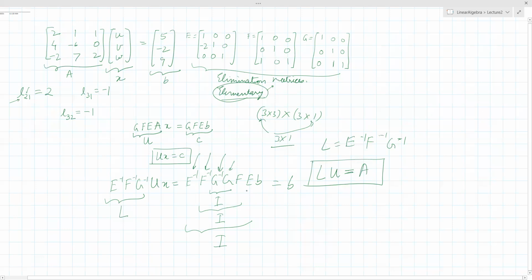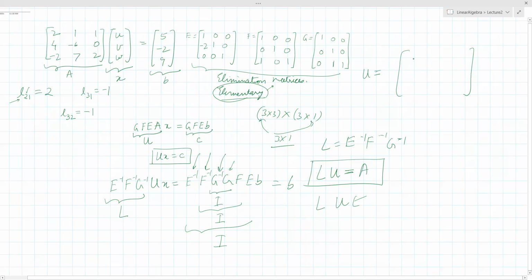So now your matrix can be decomposed into L and U. We already know the form of U. What will be the form of U? When we did G, F, E times A, what did it leave behind? What was the final answer after doing G, F, E, A? So U is equal to G, F, E, A, which is triangular. So we are getting a triangular matrix, and more specifically, an upper triangular matrix. That is the way we are going through this whole procedure.